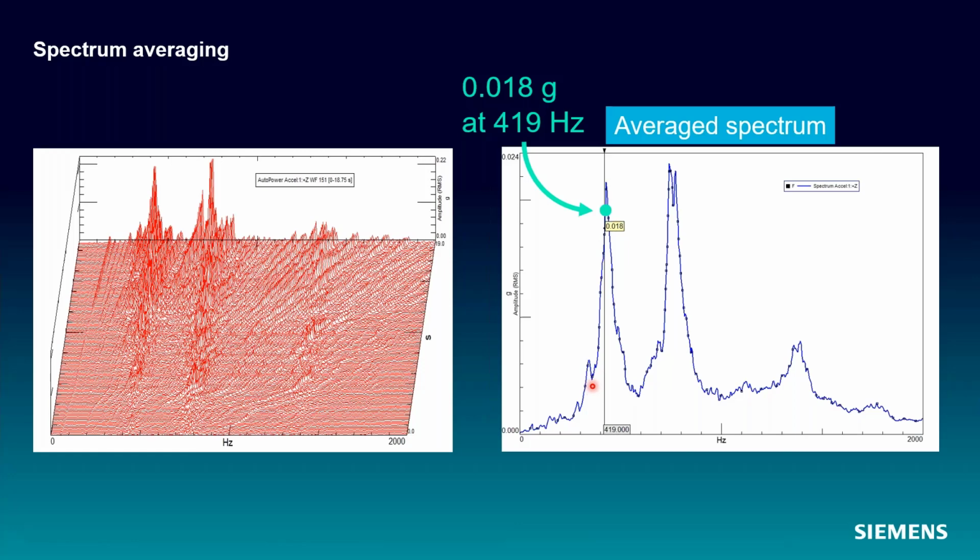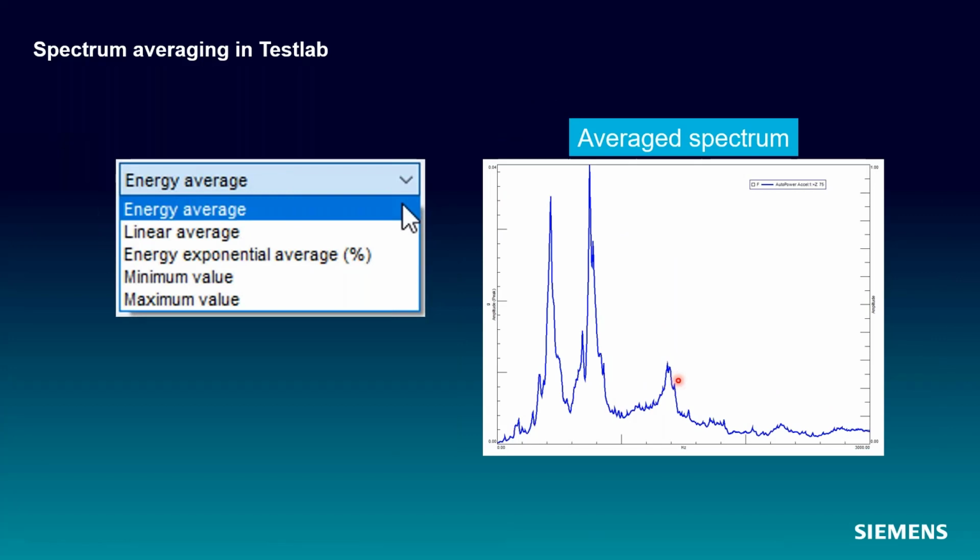So I'd just like to take a minute and separate something like an average that's occurring over time versus when I look at an average in the frequency spectrum like this, the averages have kind of been done behind the scenes, and I'm doing so for each individual line. So when we go to compute this in Test Lab, we have a couple different options. This is what it looks like in Test Lab Classic, where I say I want to compute an average spectrum, and it'll say, okay, what kind do you want?